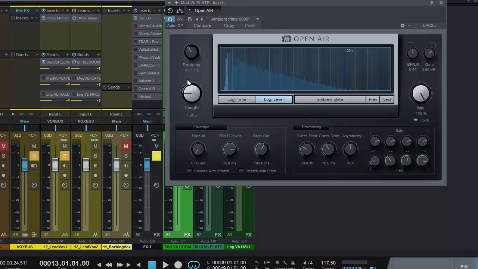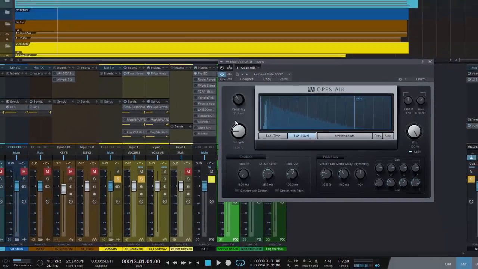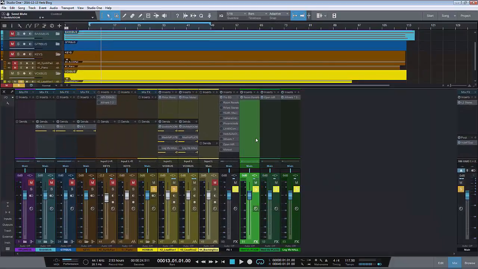So I've got a plate going on here. Again, as you can see, I've 31 milliseconds on the pre-delay. But this time, instead of 510, I've doubled that and I've got 1.2 seconds to create a slightly medium reverb. And finally, in our third one,